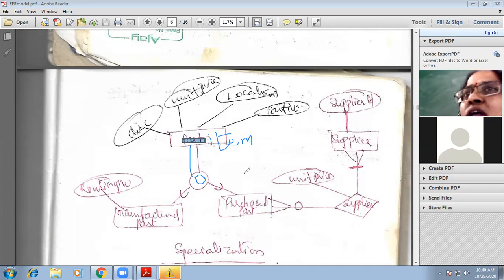Okay, then the overlap rule. If the instance of a supertype is a member of more than one subtype, then we call it an overlap. We have to represent an O in the circle, which we use on the link between the supertype and subtype. Okay, this is specifying constraints on supertype subtype hierarchies. Do you have any doubts? Shall I continue?